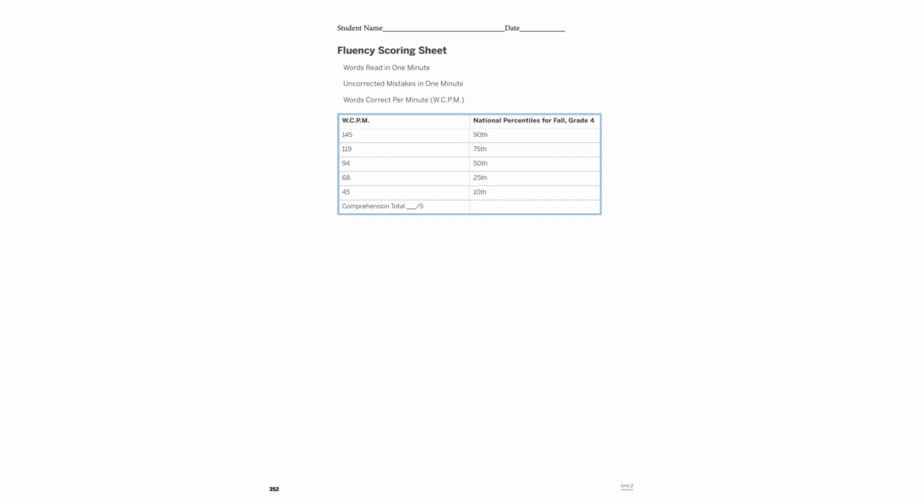The Fluency Scoring Sheet helps assess reading proficiency. It records words read in 1 minute, uncorrected mistakes, and calculates words correct per minute. Comparing words correct per minute scores with national percentiles, such as the 50th percentile at 94, provides insight into a student's reading level,